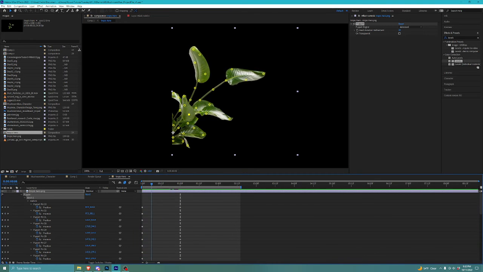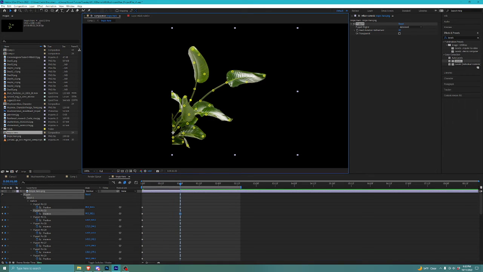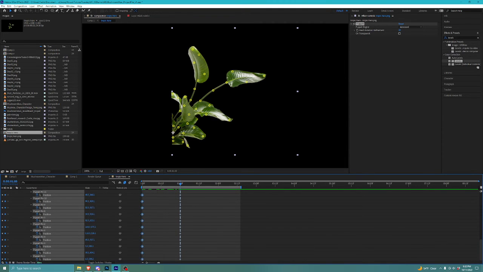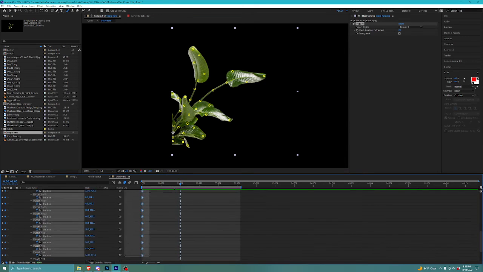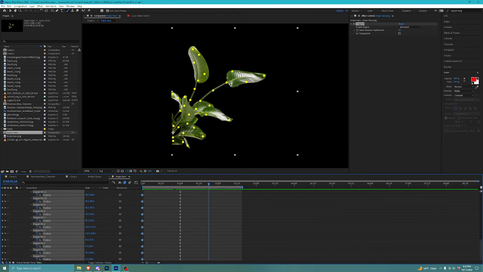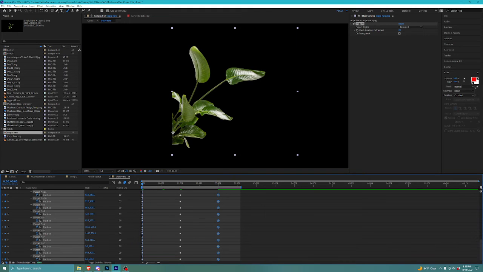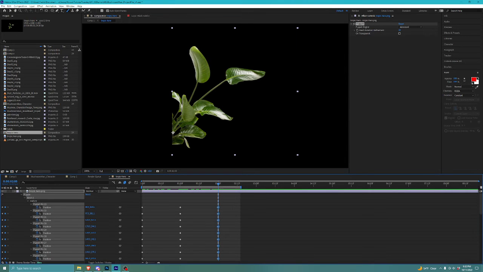Yeah, so we can see it starts to move there. And then we could probably make it look better, but just to show this off, I'm just going to copy and paste the first keyframes over here, so that way it'll start to kind of loop. And then we can just copy these for a little bit,